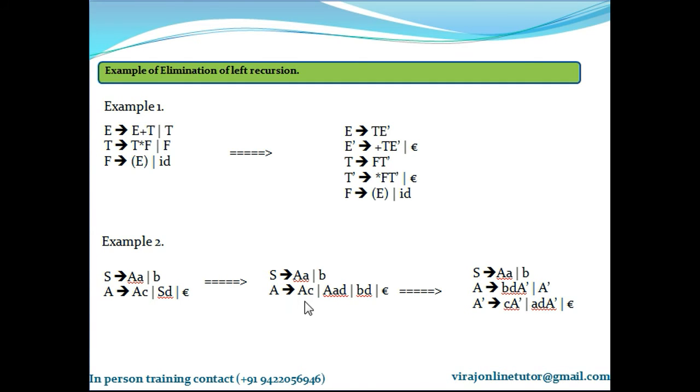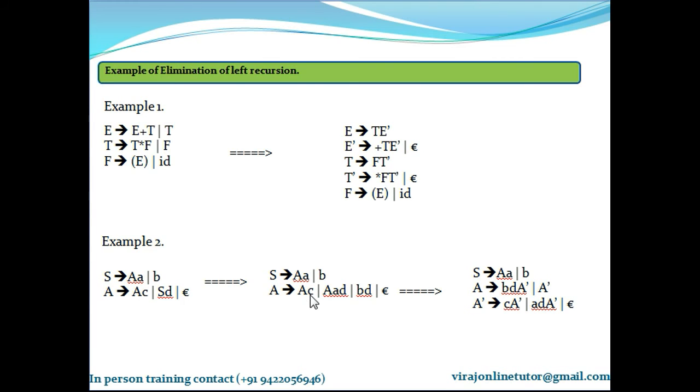So now you see that there is a direct left recursion here. So what is the formula? You all know by now. There is no direct left recursion here, right? Because the leftmost symbol is not matching S. Now over here, definitely there is direct left recursion. So I am clubbing all the productions starting with A together and all the productions not starting with A together. So this is of the format A alpha 1, A alpha 2, beta 1, beta 2.